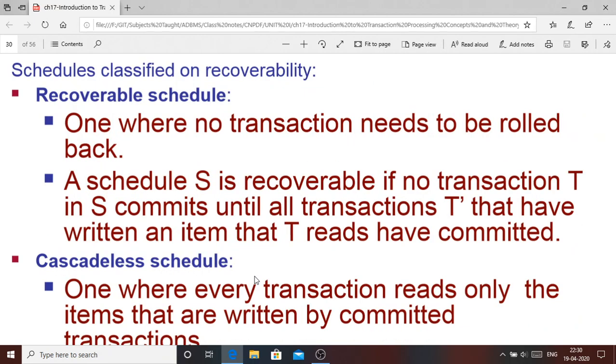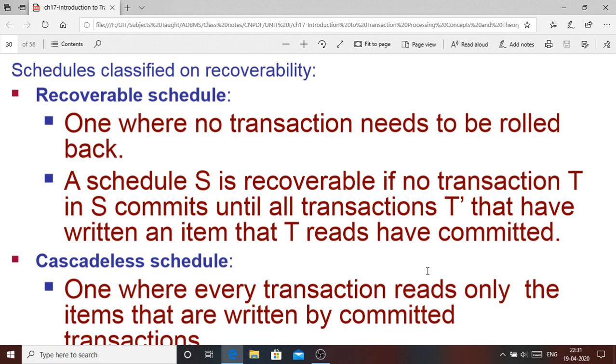Now let's look into what a recoverable schedule is. A recoverable schedule is basically a schedule where there is no transaction that needs to be rolled back. That is, we don't have to roll back any of the transactions. And also, a schedule is recoverable if